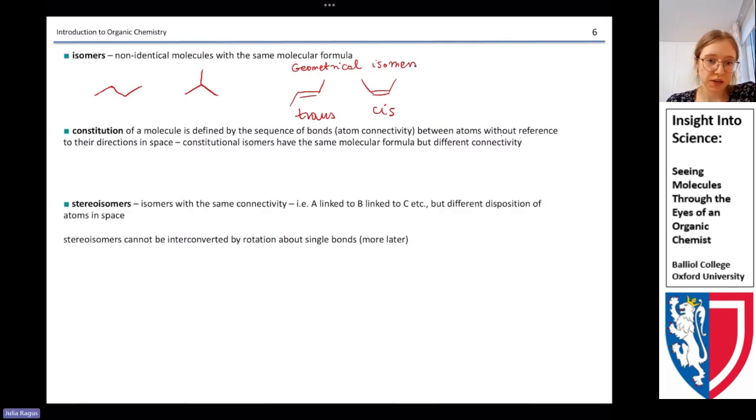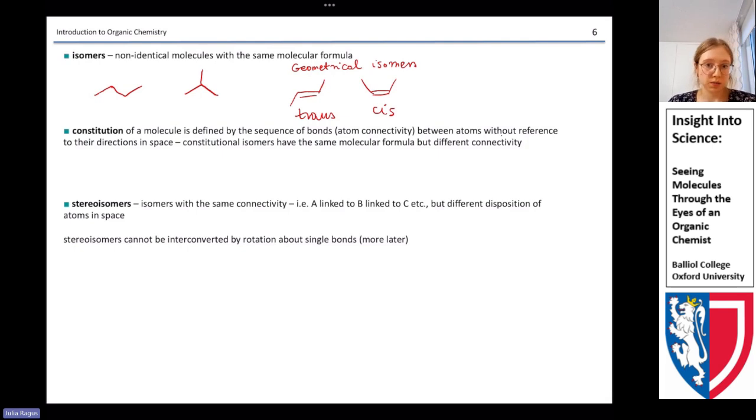However, because we have the 3D arrangement around the carbon atom, stereoisomers, isomers with the same connectivity but different arrangements of atoms in space, are possible. An important thing is that the stereoisomers cannot be interconverted by rotation about single bonds. So one thing that I would like you to note is, from this definition, different dispositions of atoms in space,